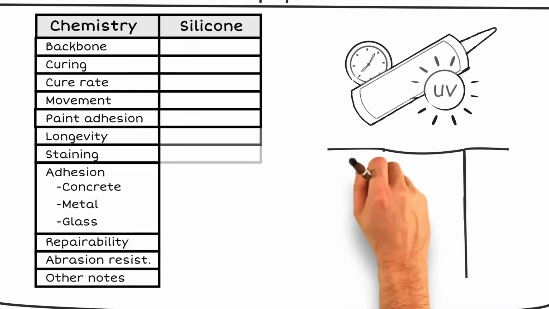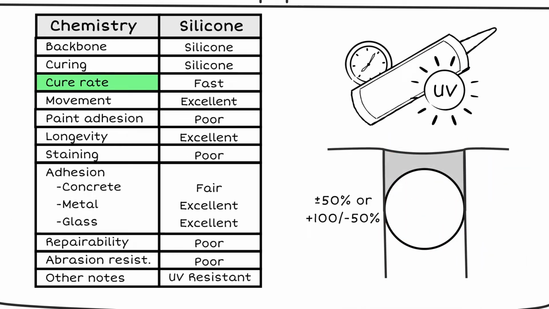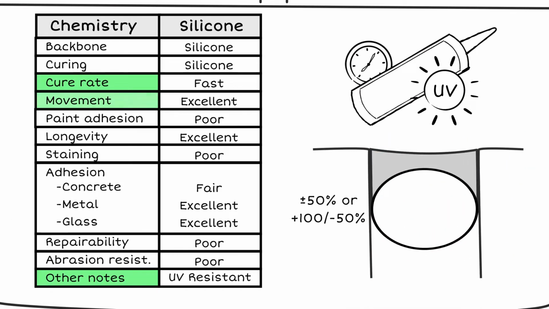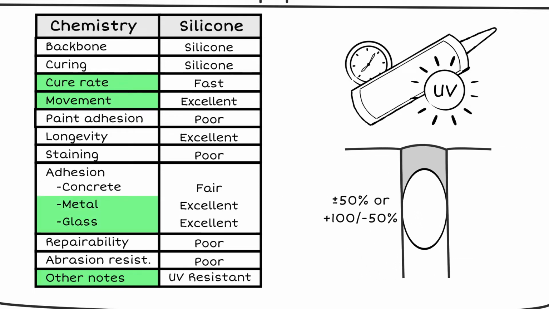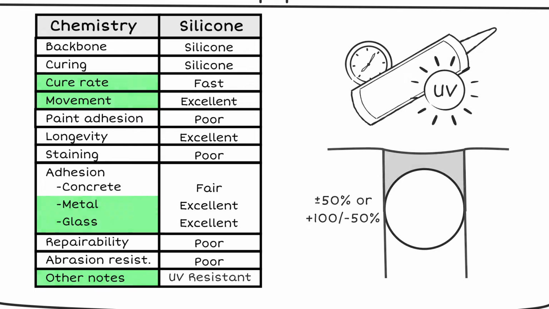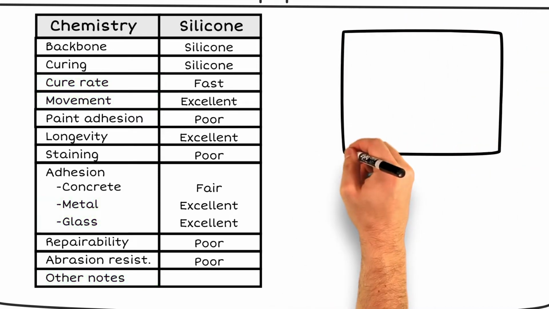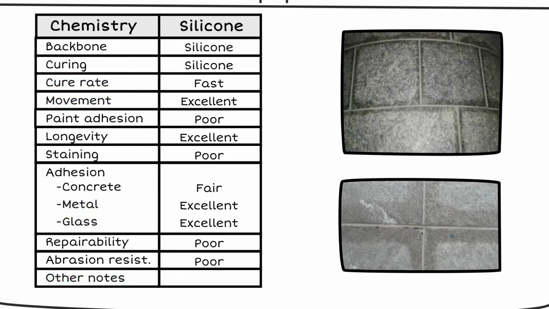Silicone sealants typically have a fast cure rate, with excellent UV resistance and movement properties, and really good adhesion to non-porous substrates, such as metal and glass. While they have acceptable adhesion to porous substrates, most silicones are known to stain them as a result of inorganic polymer bleed, often in a window frame pattern. Natural stone cladding and tiling are